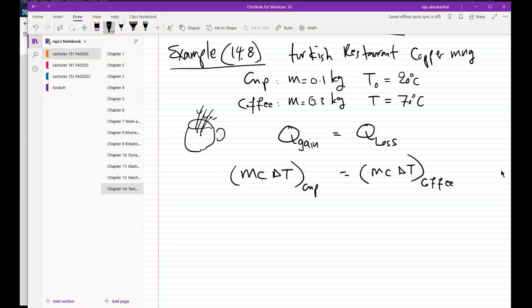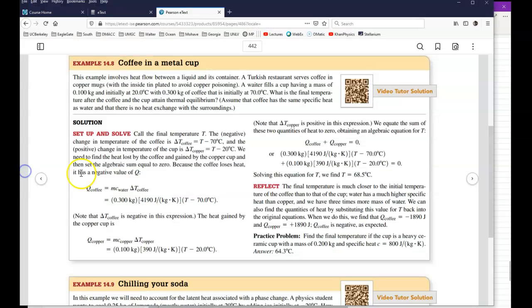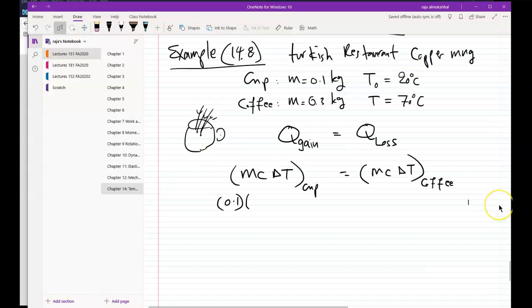Now let's plug in. What's the mass of the cup? 0.1. Do you see it up there? Specific heat, well, it says it's equal to water. I'm sorry, this is for the cup, which is copper. So I need to look up the specific heat for copper, and when we look it up, it's right here. It says it is 390. You can go back to the table and look it up, but let's say it's 390 right here. So I'm going to go 390